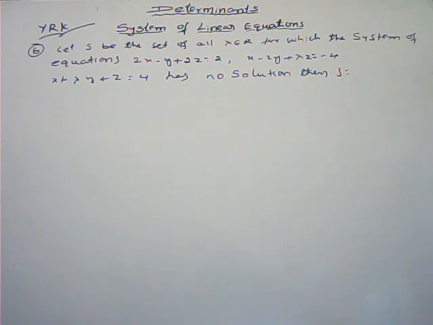Here, next one. Let S be the set of all lambda belonging to R for which the system of equations 2x minus y plus 2z equals 2, x minus 2y plus lambda z equals minus 4, x plus lambda y plus z equals 4 has no solution. Then S is equal to what? If there is no solution,